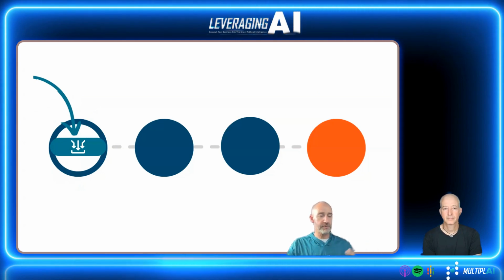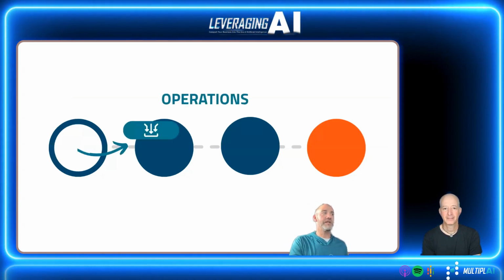A good example, like the easiest way to understand it, is someone fills out a form. Every field they filled out within the form itself, all that data can be sent over into the automation. And so now to start this automation, I've got a packet of information to work with. And so what it'll do is the trigger will then send that information as an input into that first operation.